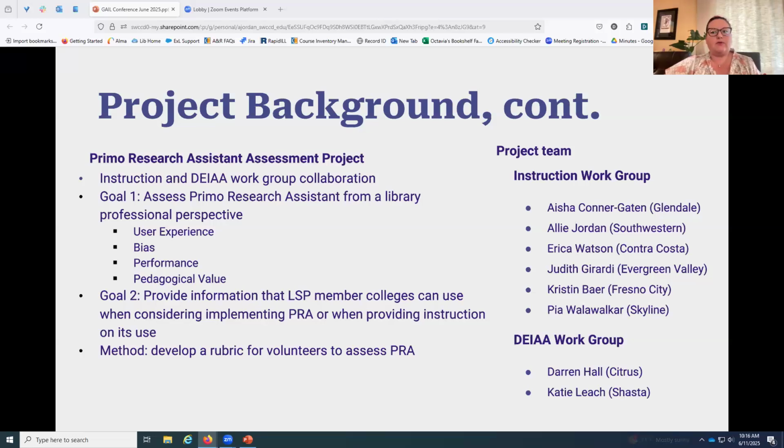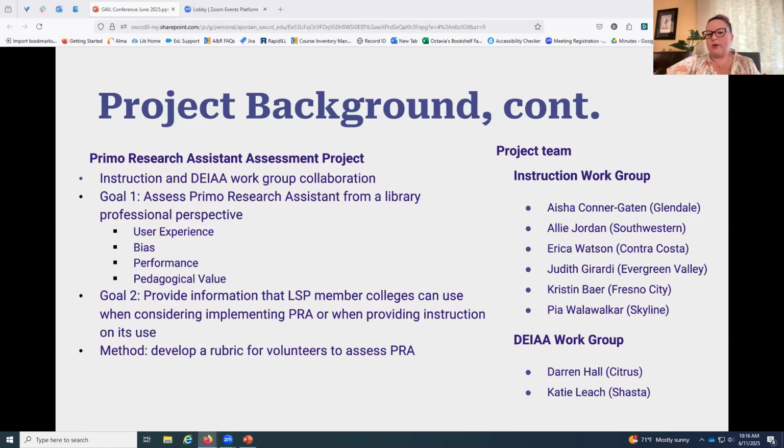To achieve this, we created our own rubric to assess PRA across a number of categories, which Darren will discuss in more detail shortly. We then sent out a call for participation to the LSP program listserv, because again, we were at this point focusing primarily on practitioners, people who are actively engaged with Primo. Volunteers, both library faculty and support staff, received a brief training in March about the rubric.